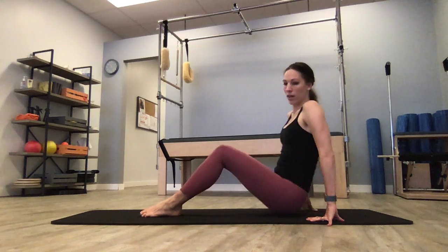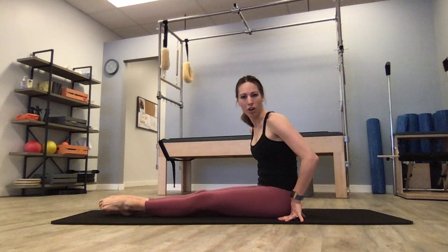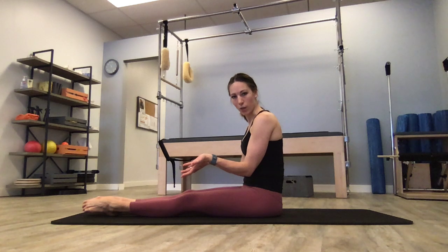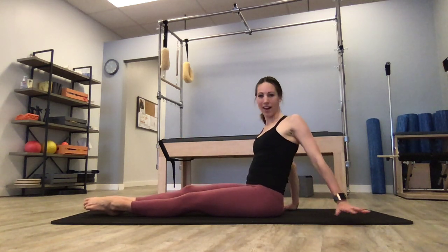So leg pull back. I think we just call it leg pull in our manual actually. So the legs are extended in front of you. Obviously my feet are pointed as always. Don't feel obligated to point them. You're going to have your hands